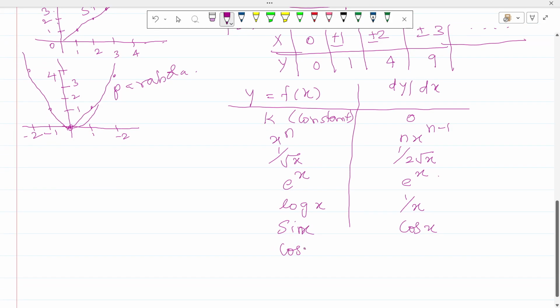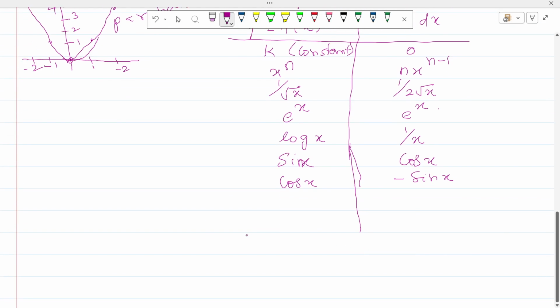Differentiation of cos x is minus sin x. Actually, for all the functions some proofs are there, but the proofs are not needed for this. Okay, differentiation of constant, then differentiation of x power n, differentiation of 1 by root x, then differentiation of log x, differentiation of sin x, differentiation of cos x, differentiation of tan x